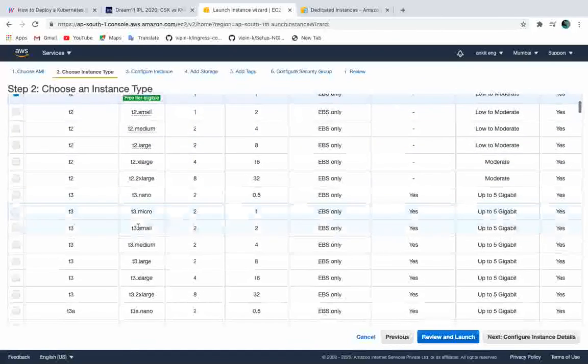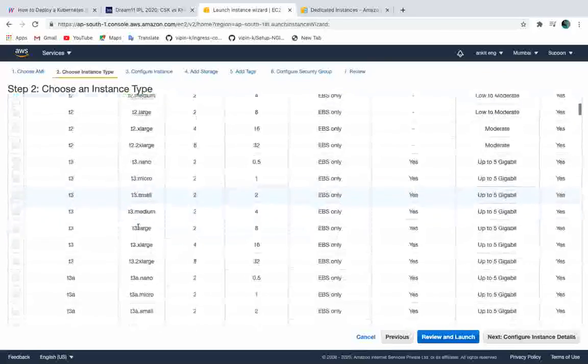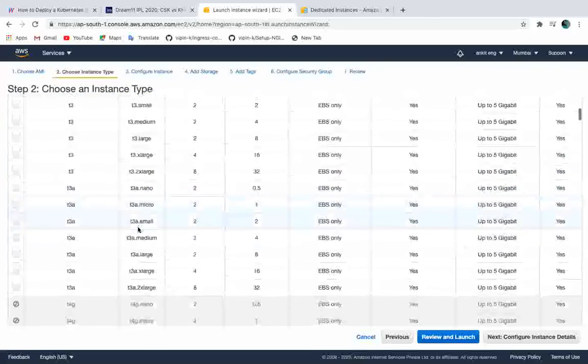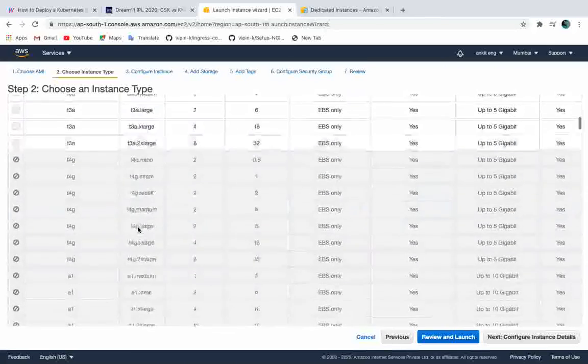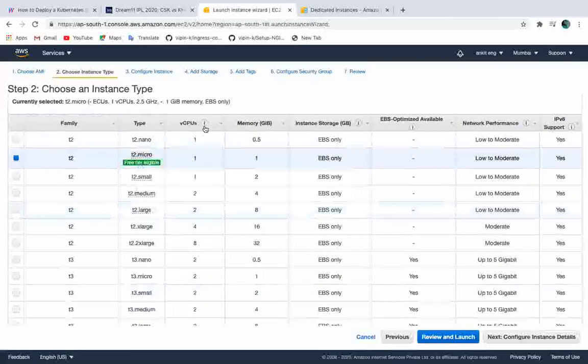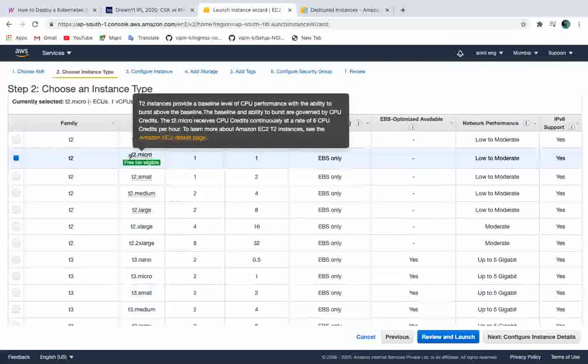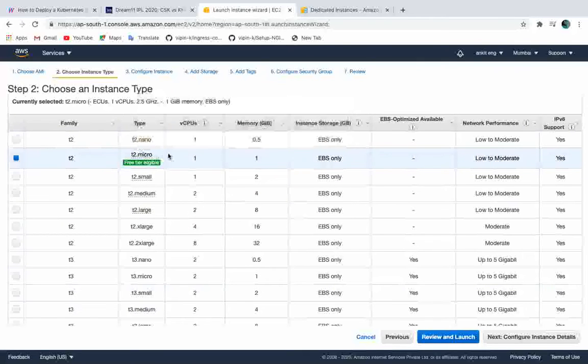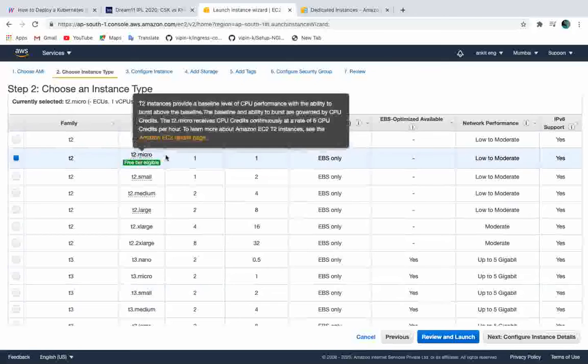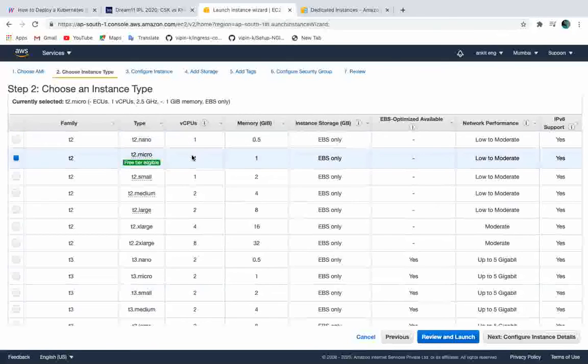Let's say if you have hosted your database in the production server, you can select the number of CPU cores and the RAM. Here we are just going to launch a T2 based micro instance, and this is free. AWS is giving T2.micro free for 12 months. The T2.micro size is 1 core CPU and 1 GB of memory, backed with EBS volumes, and network performance is also good. IPv6 is supported by this T2.micro.